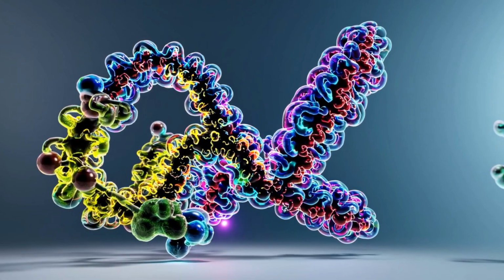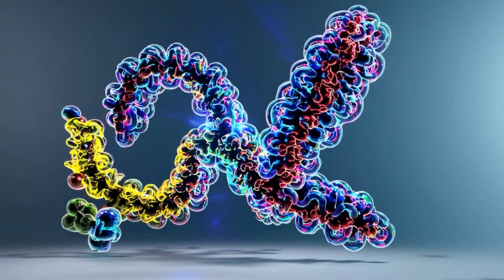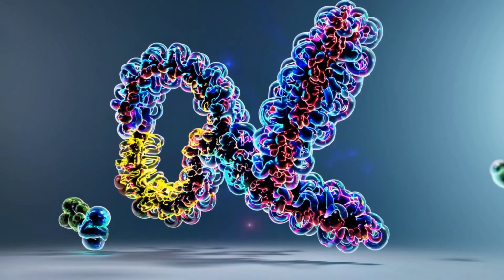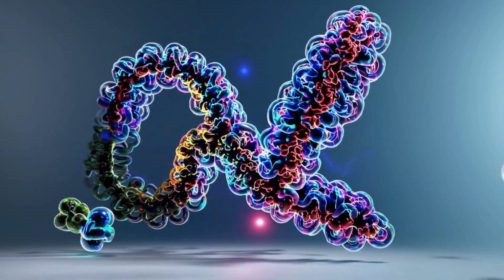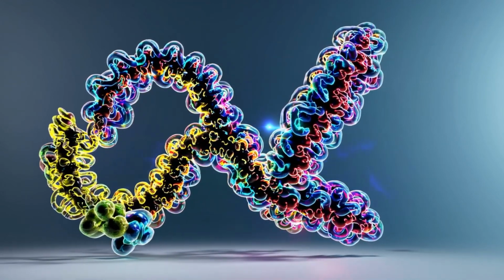DNA demethylation won't replace sunscreen or moisturizer anytime soon. But it does point to a future where skincare isn't just cosmetic, it's cellular self-restoration. Youth, it seems, might not be a number. It might be a reversible signal,